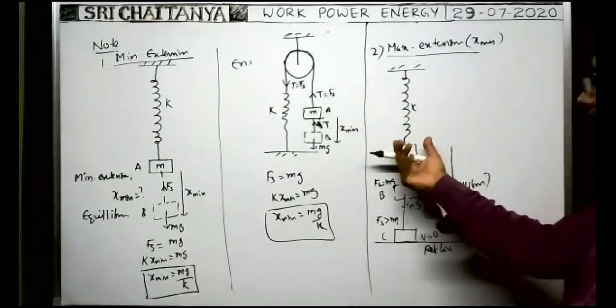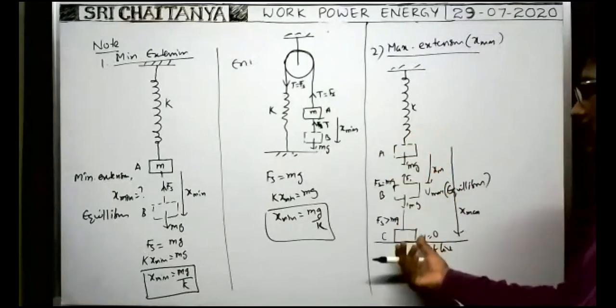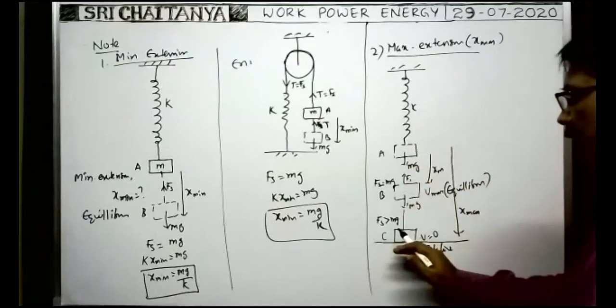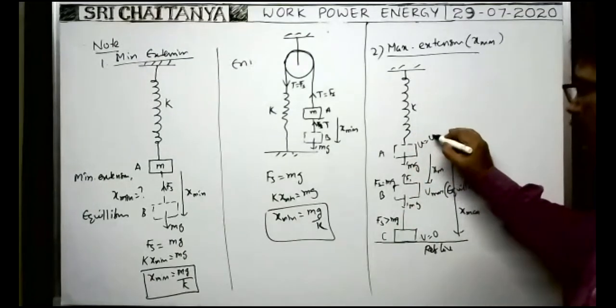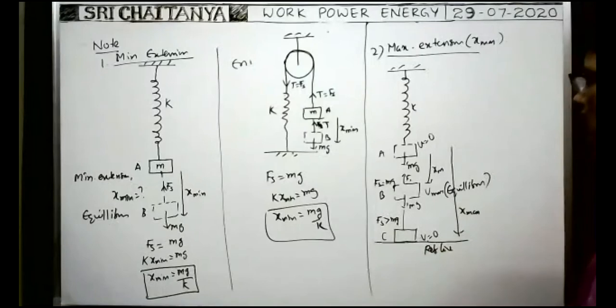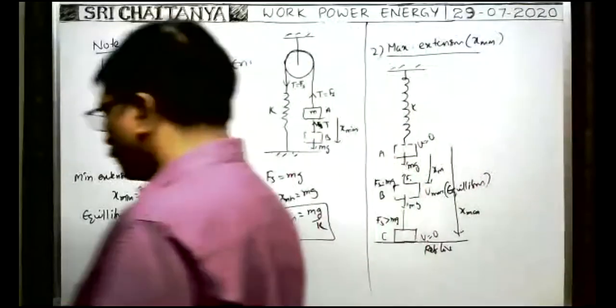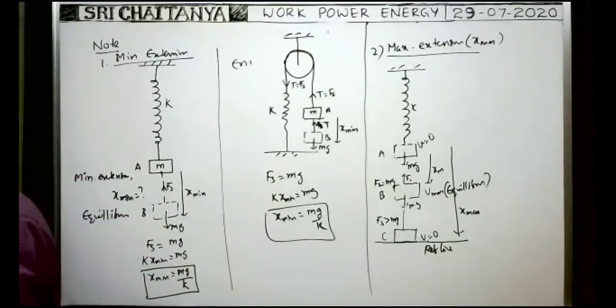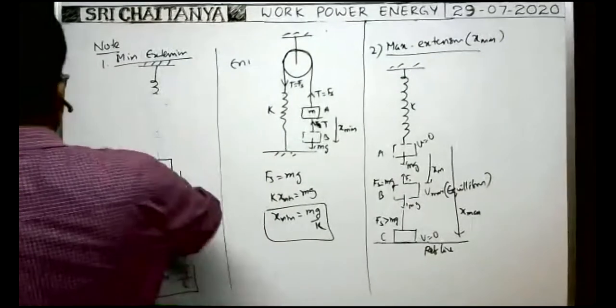You see, whenever the block comes down, the weight acts in downwards direction, and displacement of the block is also downwards. So work is done by the gravity. Here, velocity of the body is 0. Here also velocity of the body is 0. Now you apply the work energy theorem here. According to work energy theorem,